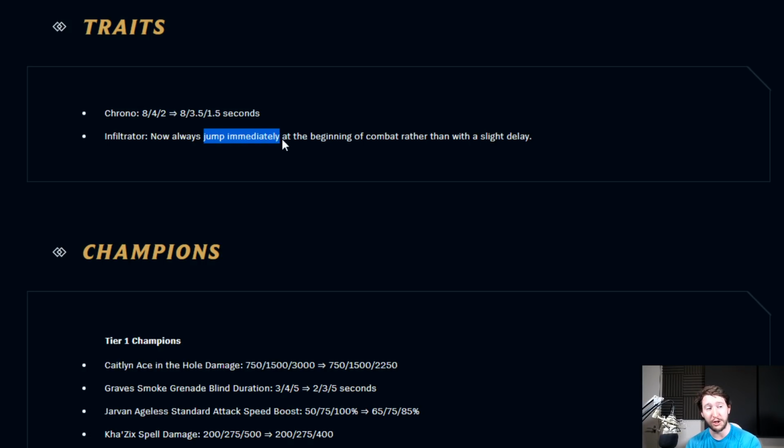Infiltrator now always jumps immediately at the beginning of combat rather than with a slight delay. The reason this is important is because it allows you to put melee units on the back line that will target infiltrators when they jump. Your ranged units, if they can fire at the enemy front line, they will not...